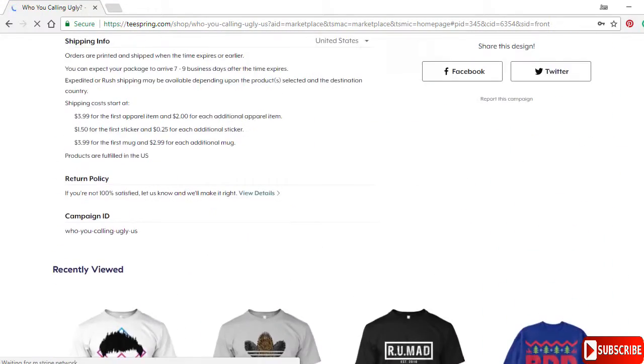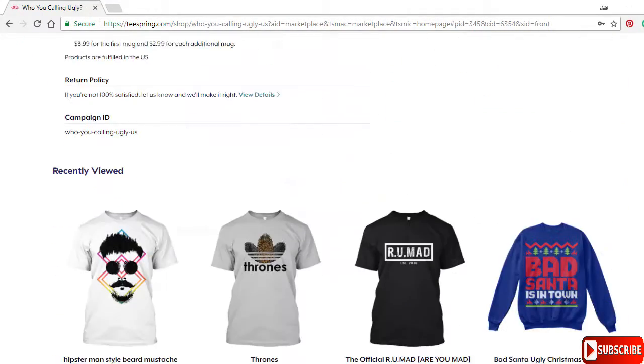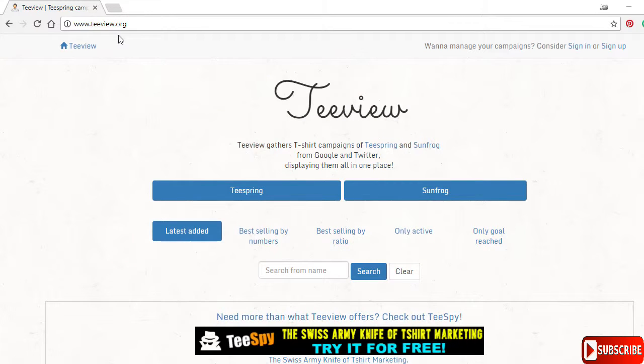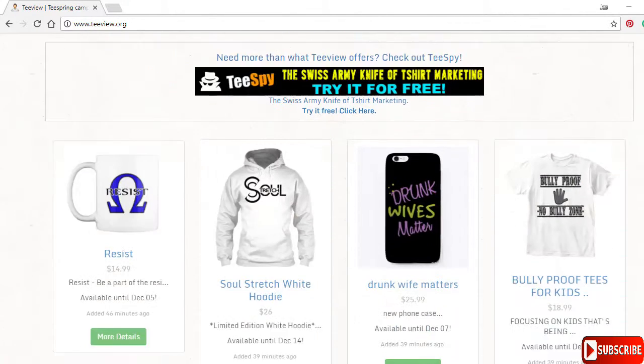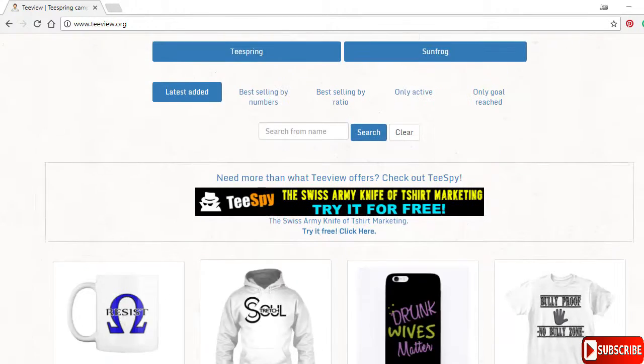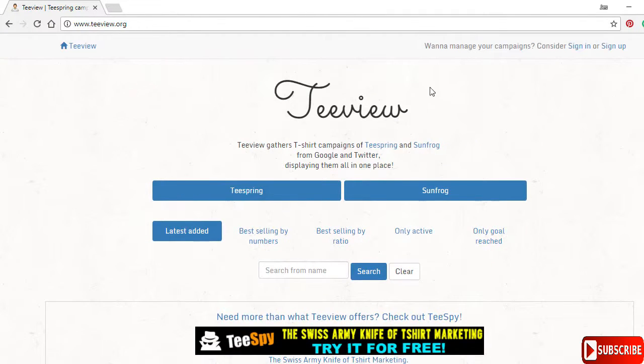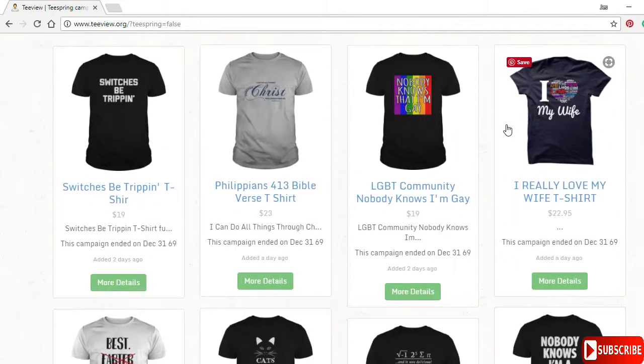Alright, so aside from Teespring, you can go to tview.org, and tview is giving you the overall look for the best-selling shirt designs or best t-shirt campaigns in Teespring or Sunfrog. So let's see Teespring. Then we can see the top campaigns right here on Teespring. Let's wait for it to load. Right there,